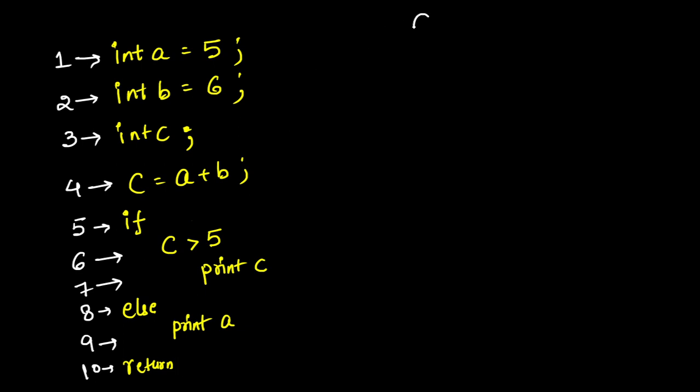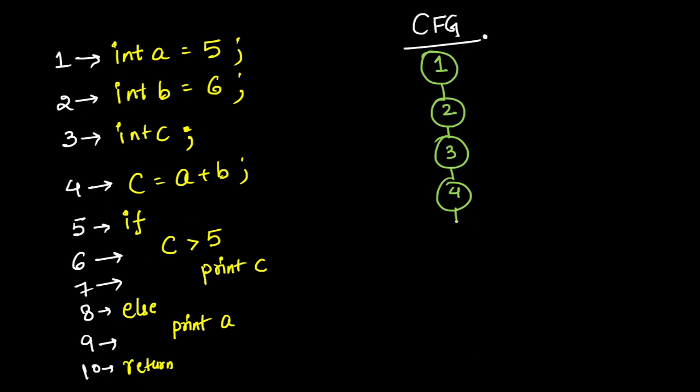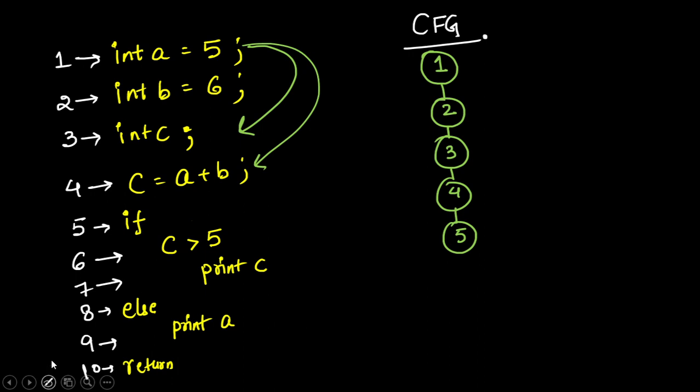Now we'll draw the control flow graph. So how we'll do it? So control flow graph, basically we will have all the controls. So we have node 1. 1 say we are moving to 2. 2 say we are moving to 3. 3 say we are moving to 4. 4 से we are moving to 5. यहाँ तक it's very direct. Obviously आप देखो 1 के बाद आप 2 पे जाओगे ना, ऐसा तो है नहीं कि 1 के बाद सीधा 6 आ जाए या 1 के बाद सीधा 4 आ जाए. No, this is not possible. We have to see the flow.